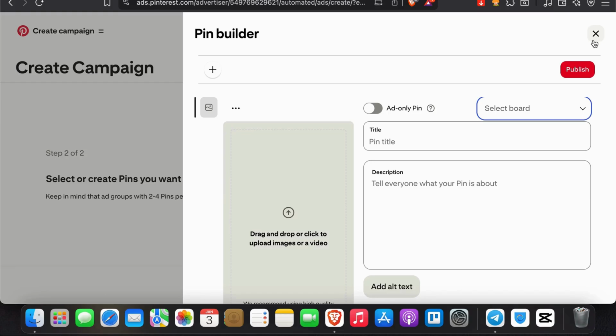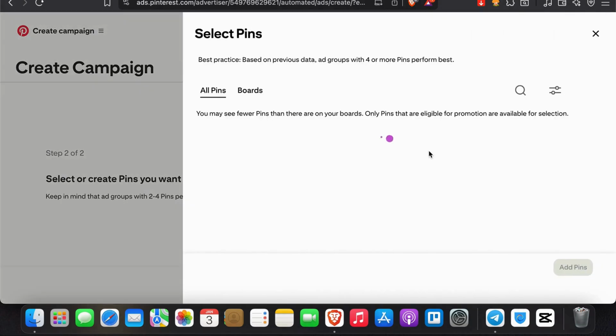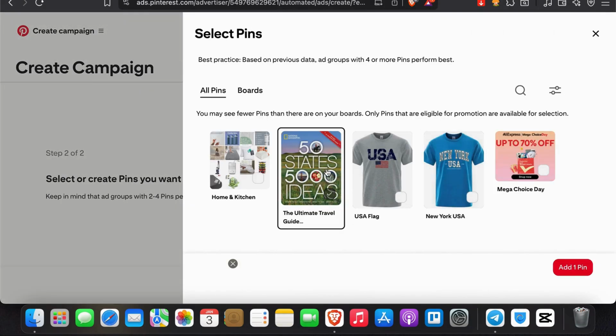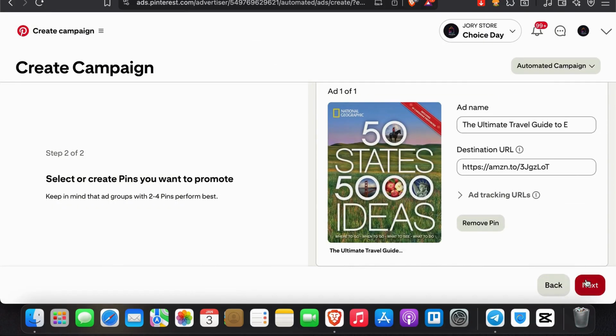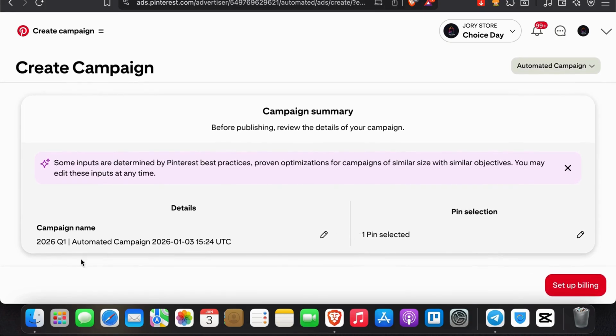Now you're at the campaign setup. Use something clear like blog traffic, Pinterest 2025. You can also choose a budget. So let me select pins here, an already ready pin, and hit next. The campaign name should be like 2026 Q1 automated campaign,